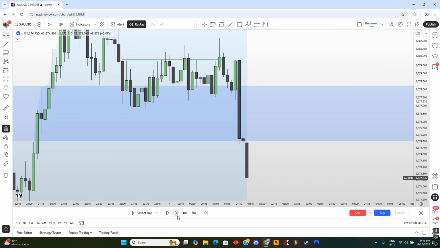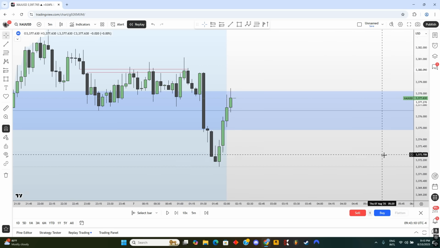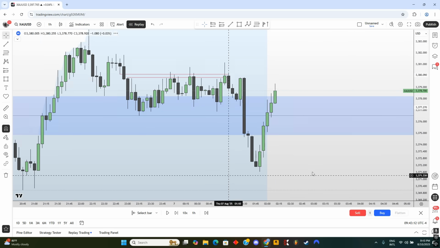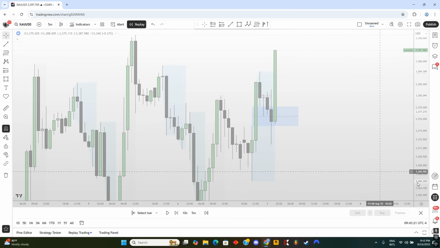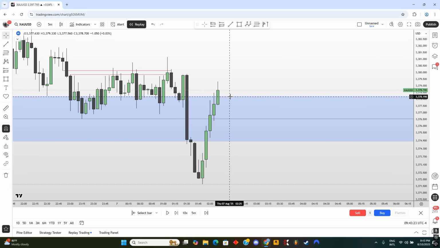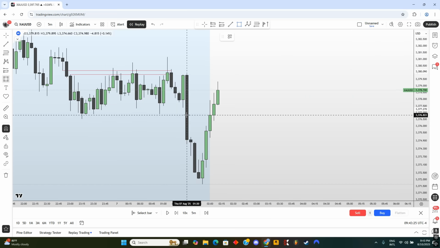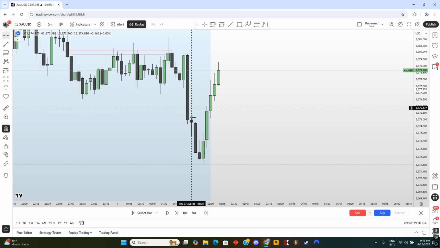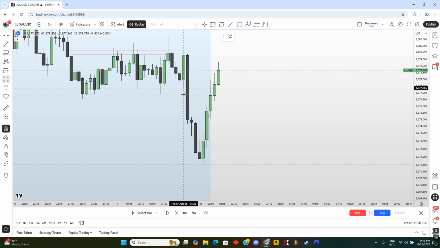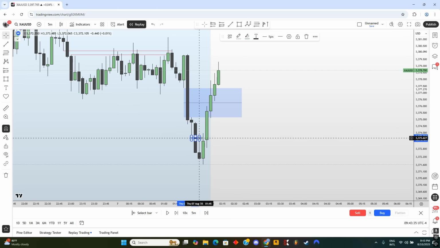We get one more sweep, right? And we are still inside that fair value gap. If I go here, you can see that we have rejected. So this is a rejection. The body didn't close below it, so this fair value gap is still valid. Now going on to the 5-minute time frame, you can clearly see that we formed an inversion setup right here. So you can see we had two fair value gaps within this dealing range. So we have one over here and one over here.